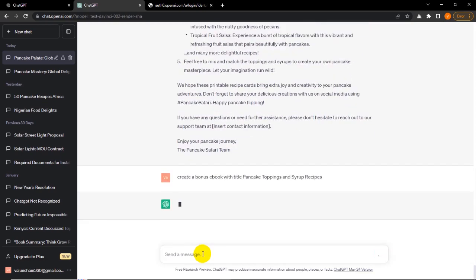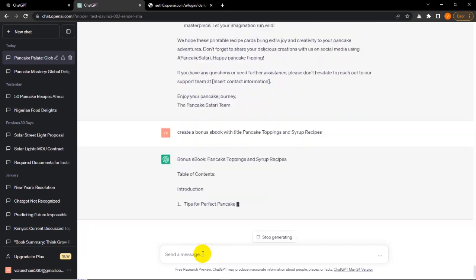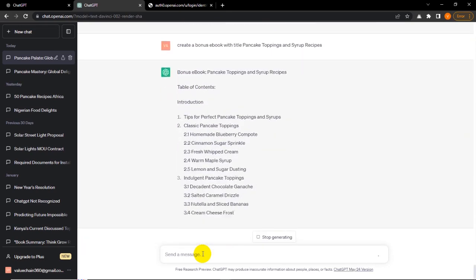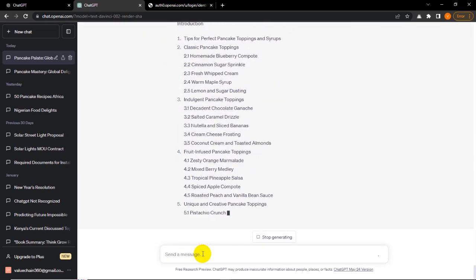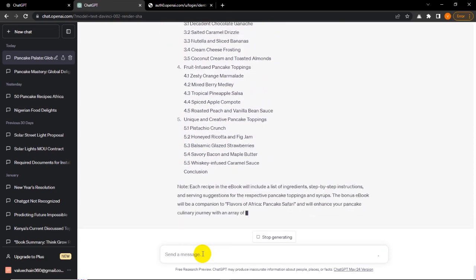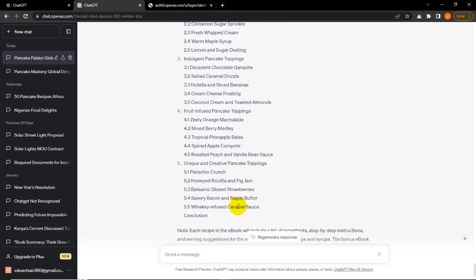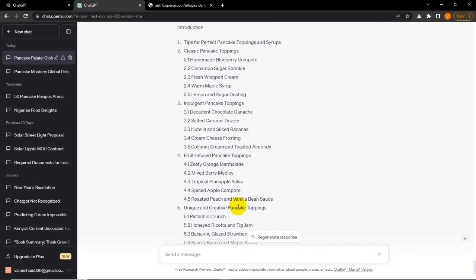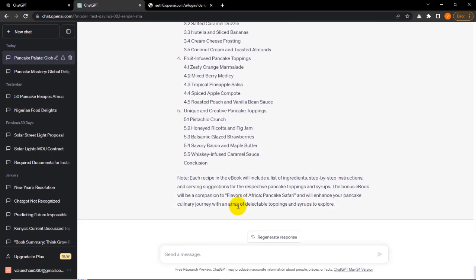You hit enter and it goes. So bonus ebook, pancake toppings, and it creates a table of contents and all that. With that, you can now ask it to expand on all of this and give you what you want. Note, each recipe in the ebook will include a list of ingredients,